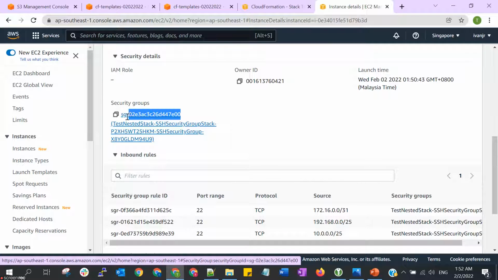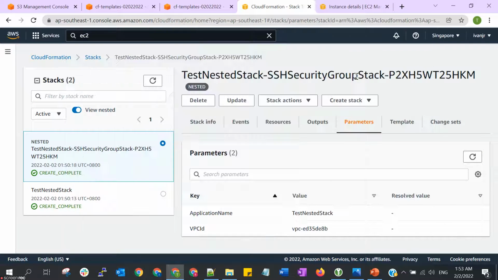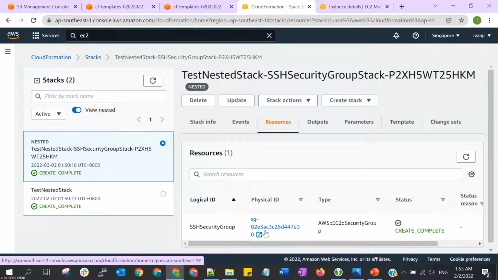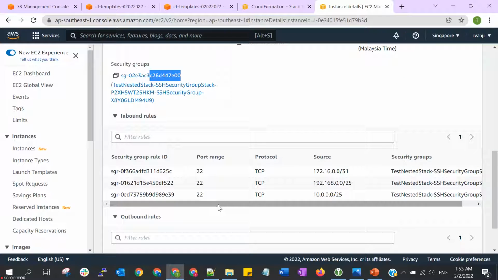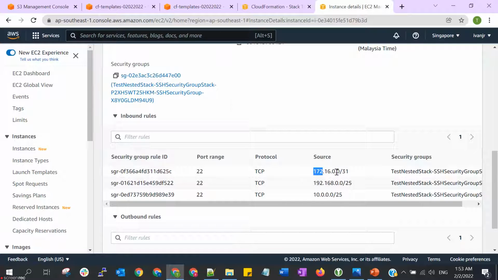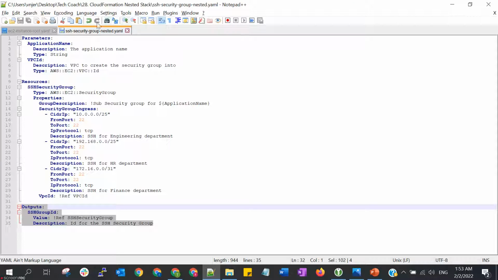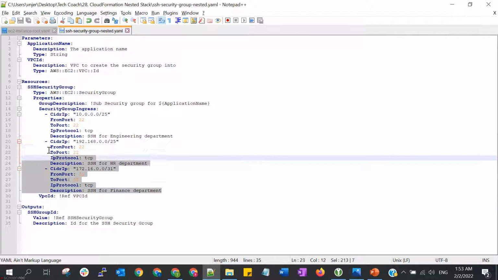This security group is the one that was just created through CloudFormation. This is the security group SG02, and the ID ends with E00, which is this one. We can also see there are 3 CIDR blocks here, and these CIDR blocks are the ones that we defined in the nested stack.